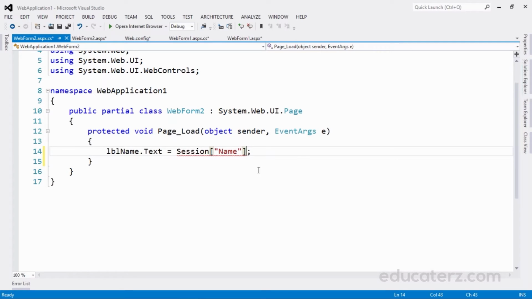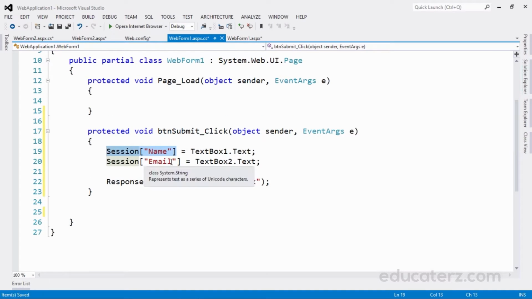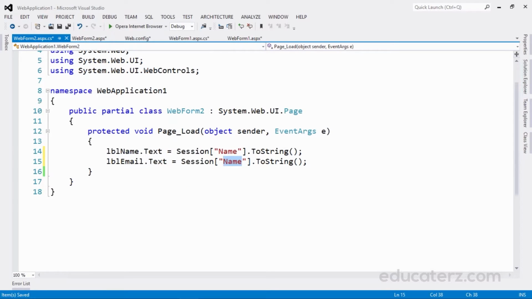So what we can do is add dot ToString. In a similar way, I need email also, where I want to set this email to lblEmail, and then make sure that there are no spelling mistakes in the session state variable names I have created. That's it.